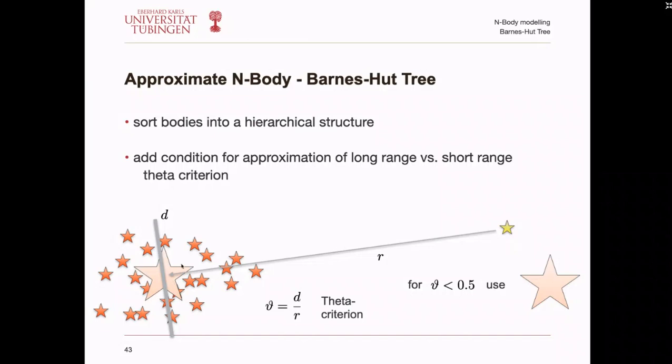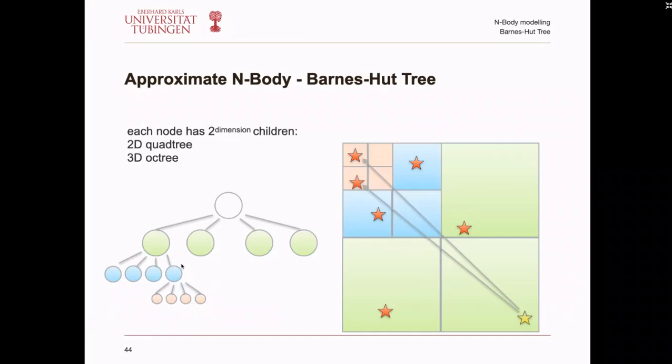Okay, so technically what you have to do is build up a so-called Barnes-Hut tree. This is a structure from computer science. Don't know if you're familiar with it, but in such a tree, we have here a root node. This is the white circle here, which corresponds to the big square here. And you have 2 to the power of dimension children. These subnodes of this root node are called children. So you divide your first root node in 4